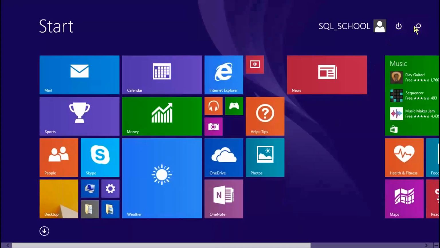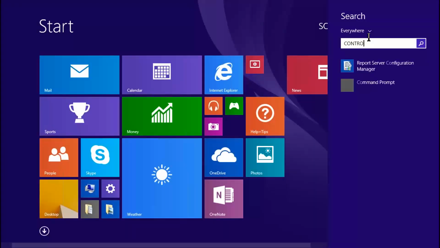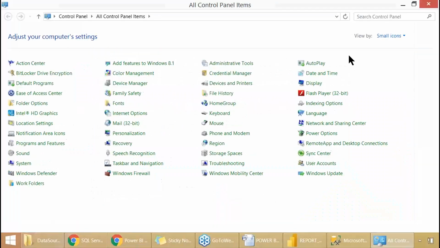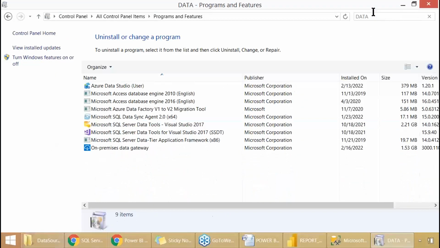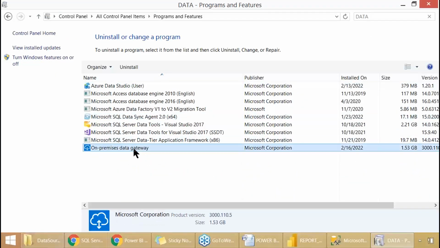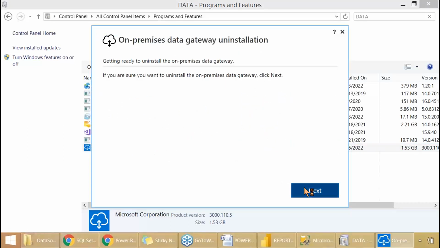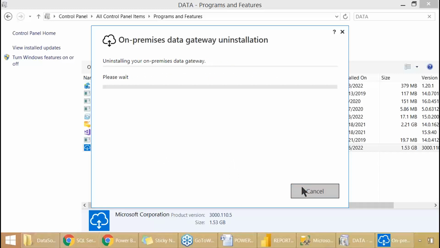Go to control panel. Go to control panel. Add remove program, this one, programs and features, this data gateway, this one, on-premise gateway uninstall. Once you test the data refresh activities, good to uninstall it, maybe immediately or later point of time,